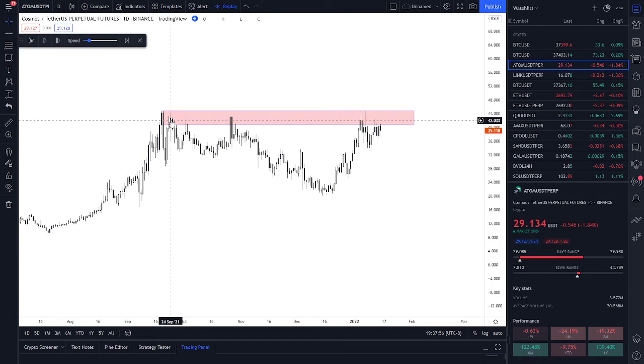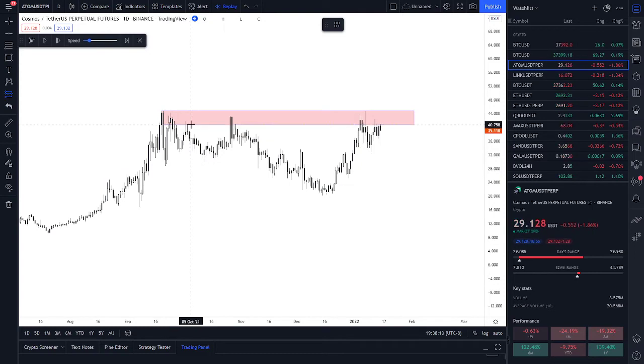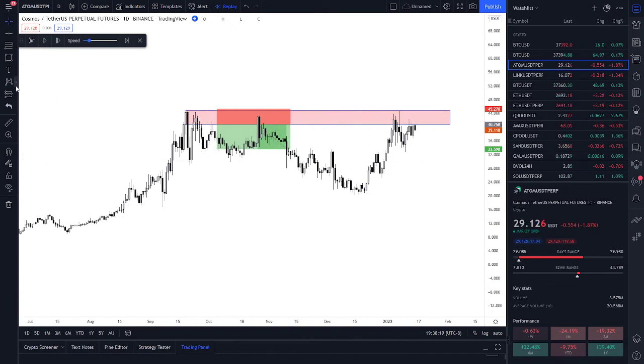However, this filled, so it's not a supply zone, and my definition doesn't apply here because I only play those. But this OB, you could play it however you want. If you had played it like this, bottom of here, with your stop above the wick, you could have milked it,